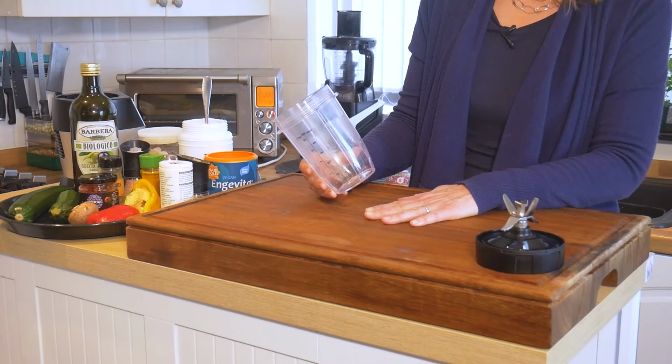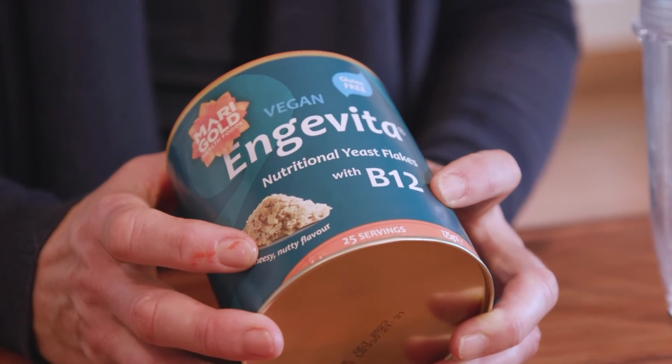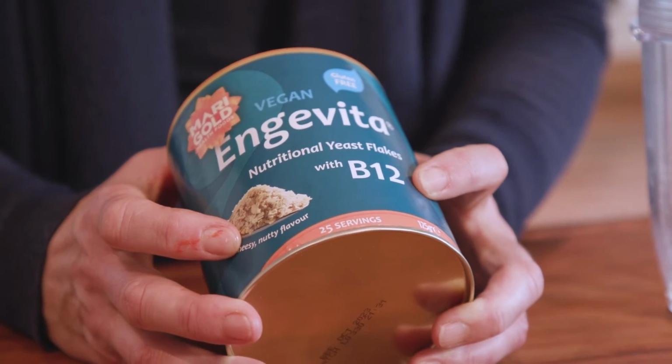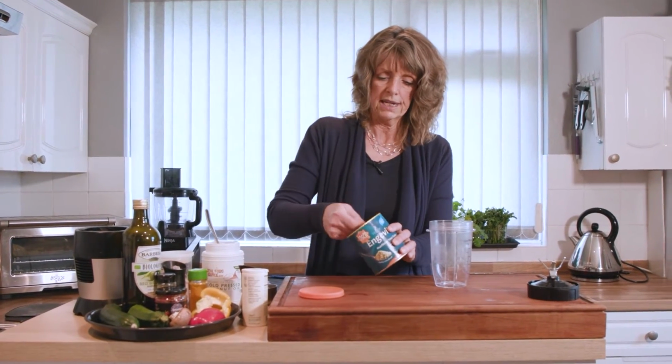Now we're going to be making the pasta carbonara, and to start with, I like to serve it with Parmesan cheese, but I can't eat cheese, so this is my version. Very different to what you would normally have, but it has that cheesy flavour because again we're using the nutritional yeast. I like to use this particular nutritional yeast because it's got B12 in. So we need 1/4 cup of nutritional yeast,